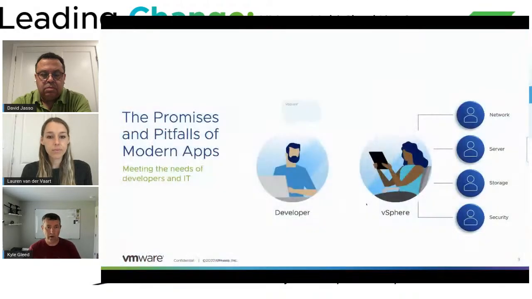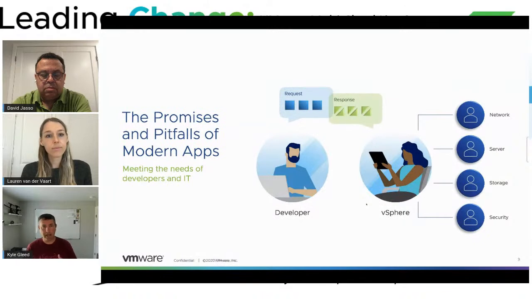The way it works, if we step back and look at why we are doing this, why do we need to run Kubernetes on top of the infrastructure in our data center? Most developers are pretty comfortable going out to the public cloud today. That's where they've been working, and it's very easy to stand up Kubernetes environments in the public cloud. But when developers do this on their own, and the IT organization, the vSphere admin, the VCF admin is not involved, it can create challenges for the